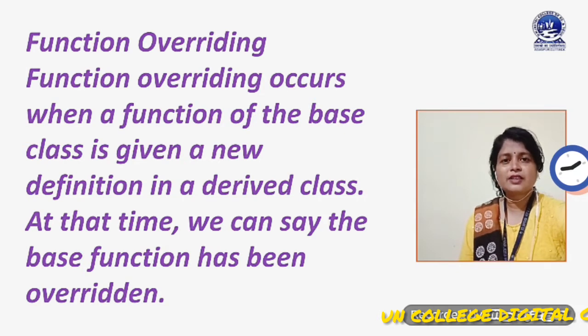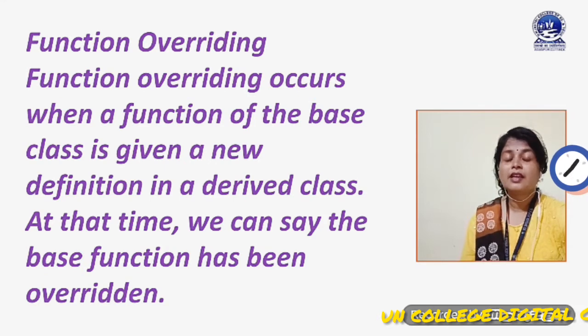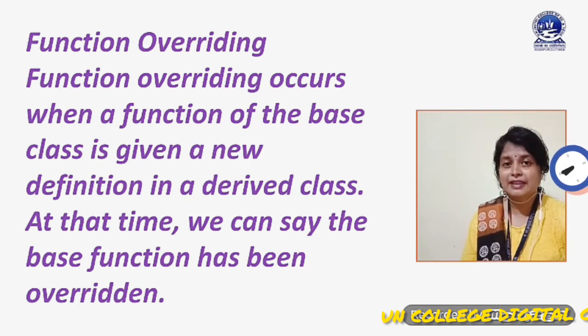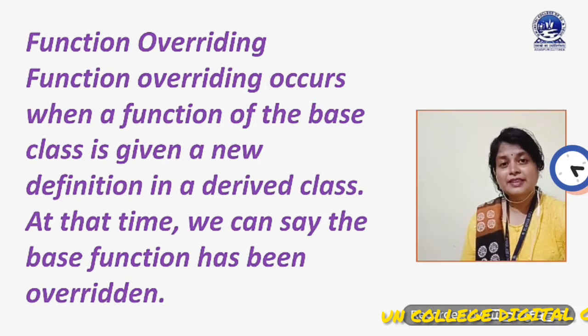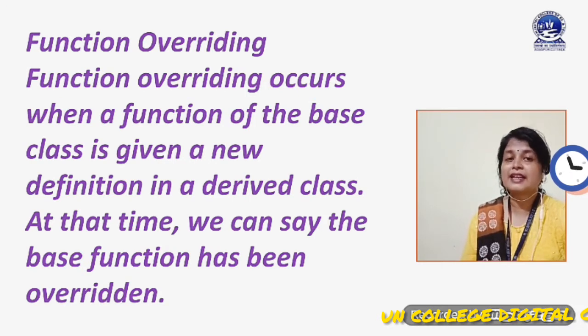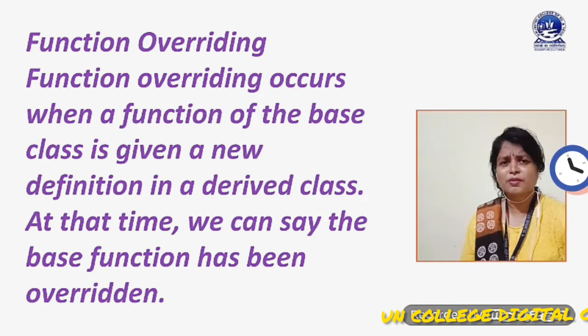In the case of function overloading, we use the same function name for more than one function, but the prototype is different. But in the case of function overriding, the whole concept is different. Here we use the same function prototype and define the function in different ways in inheritance. In the base class we define a function, and in the derived class we define the same function in our own way, and this concept is called function overriding.